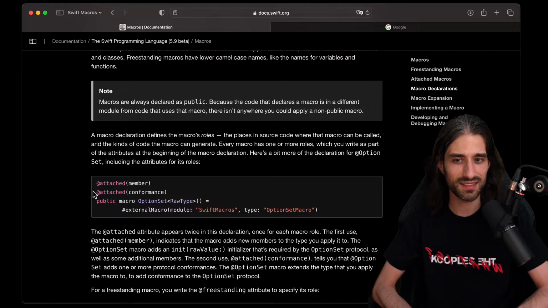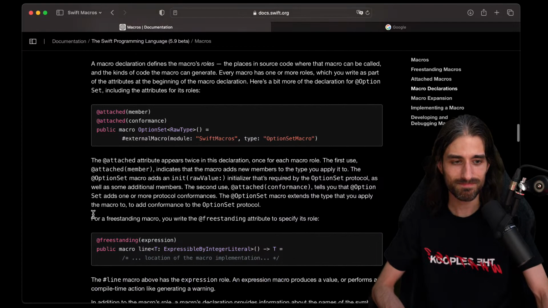There is this idea that the macro needs to let the user know what it will do, and I guess it's also a way to, maybe there are some roles that should make you suspicious if you see some third-party code that uses this.